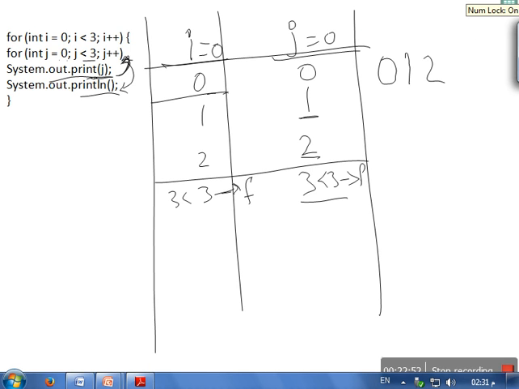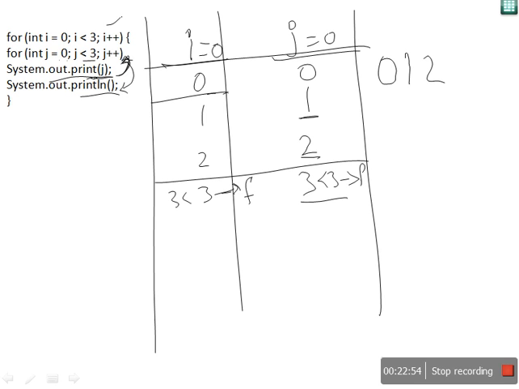Go to the outer loop over here again. Now again it will start the outer loop from the beginning. So this time I becomes 1. I is incremented, I becomes 1, then again gets into J starting from 0 again, printing J